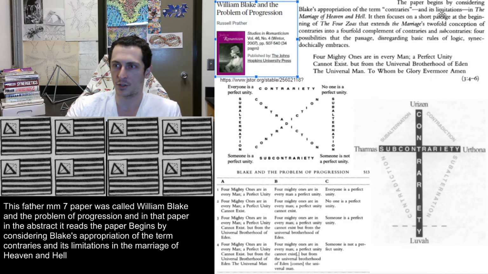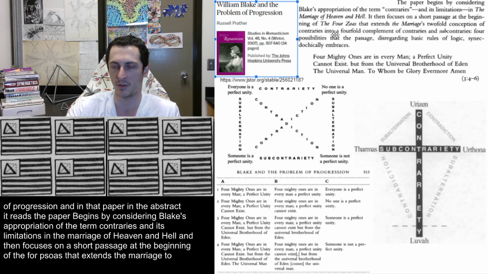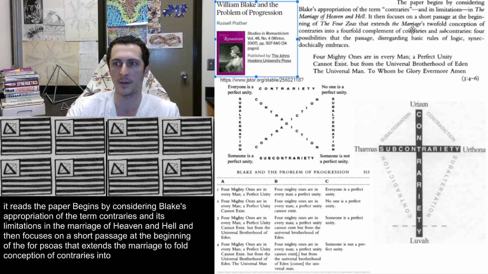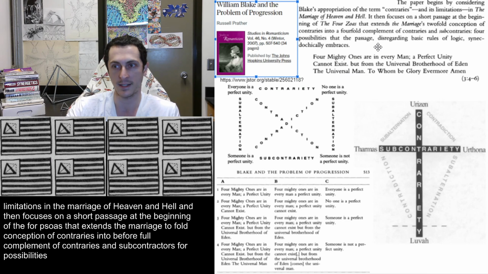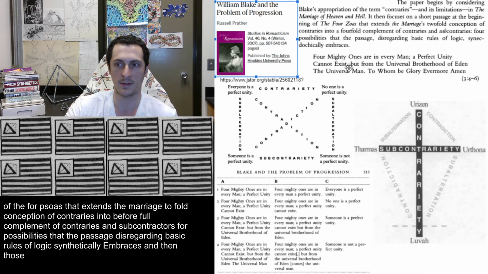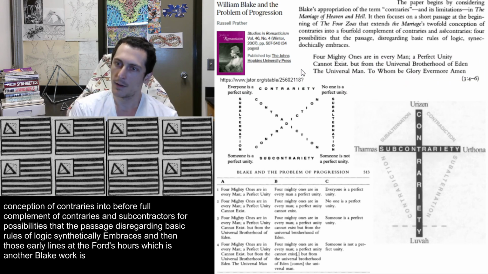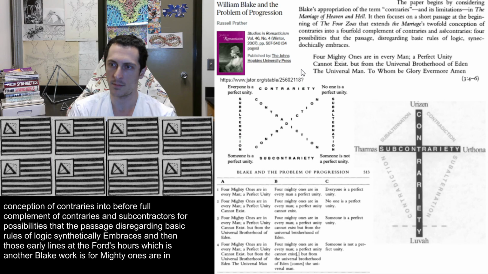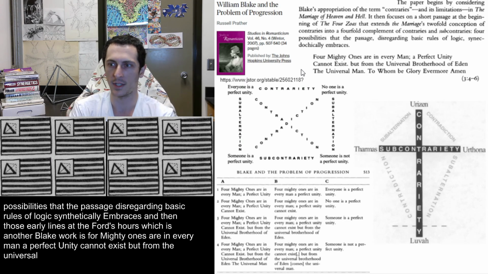It then focuses on a short passage at the beginning of the Four Zoas that extends the marriage twofold conception of contraries into fourfold complement of contraries and subcontraries. Four possibilities that the passage, disregarding basic rules of logic, synergetically embraces. And then those early lines of the Four Zoas, which is another Blake work, is, four mighty ones are in every man, a perfect unity, cannot exist but from the universal brotherhood of Eden, the universal man, to whom be